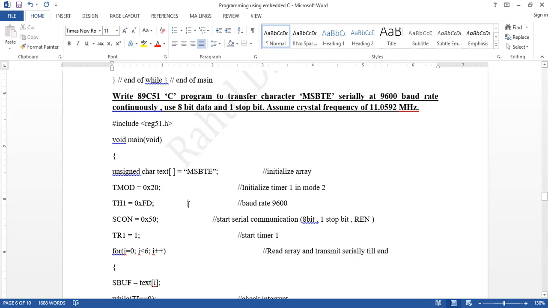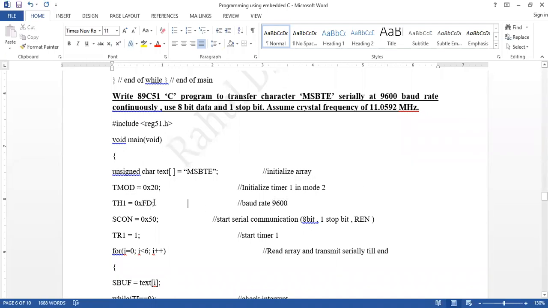Then we have to set the baud rate, that's why we use timer 1. So we are taking TH1, and TH1 is loaded with 0xFD. Why FD? Because we have to set the 9600 baud rate.